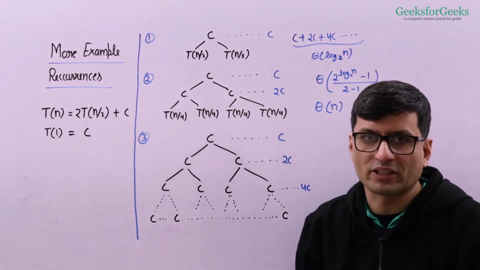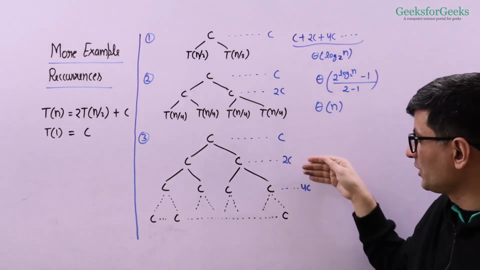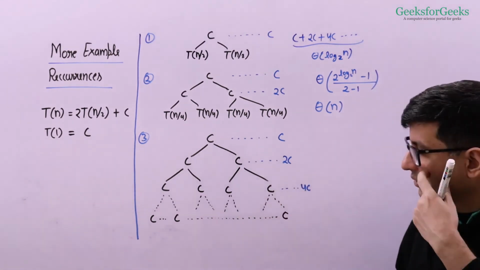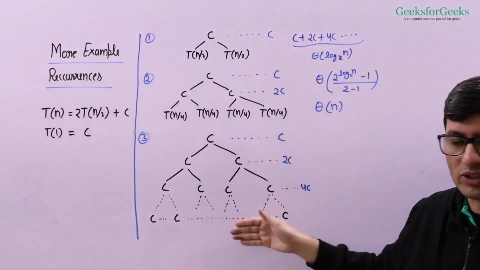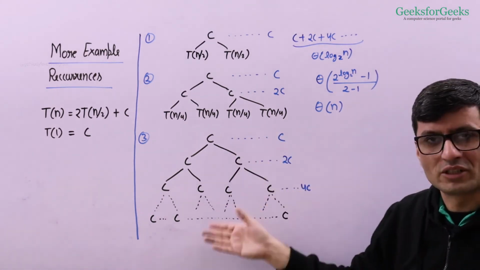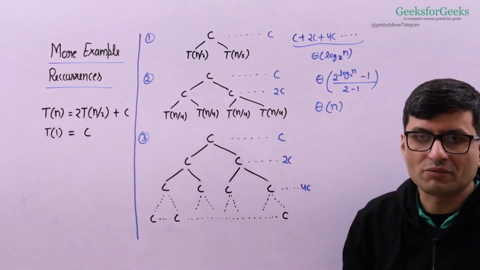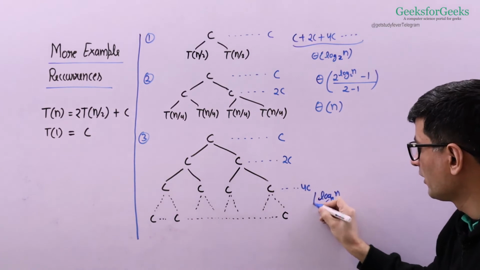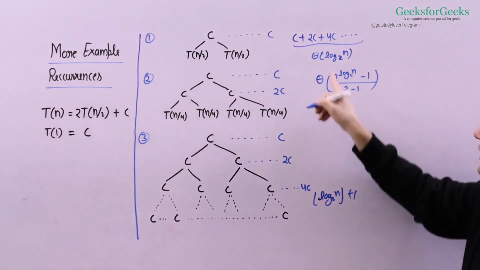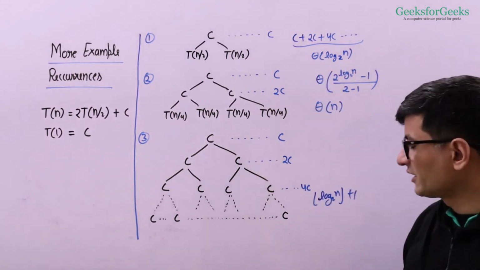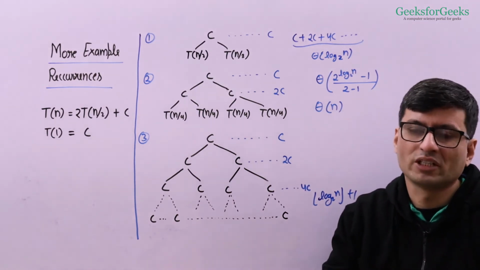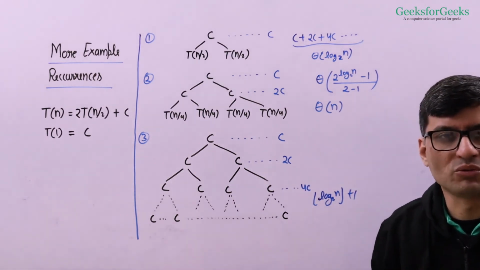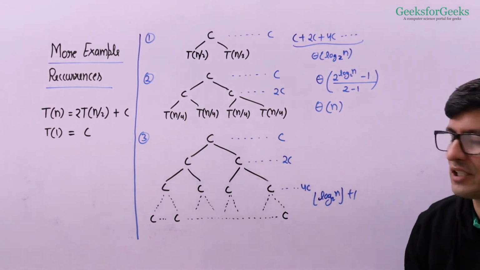So I see a pattern, right? I see that it's C, 2C, 4C and it's going to be 8C. So I just need to figure out how many terms are going to be there in the series. So how many terms we are going to have? We have discussed this earlier. We are going to have floor of log 2n plus 1 terms, right? And I can write these terms as theta of log 2n. I can simply take log 2n terms, right? Because plus 1, floor and ceiling do not matter when we talk about asymptotic analysis.